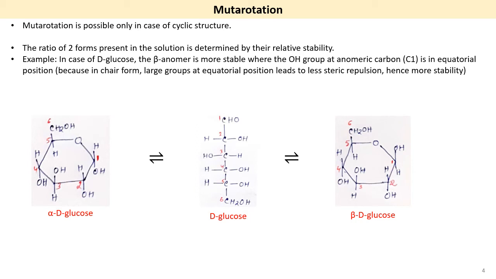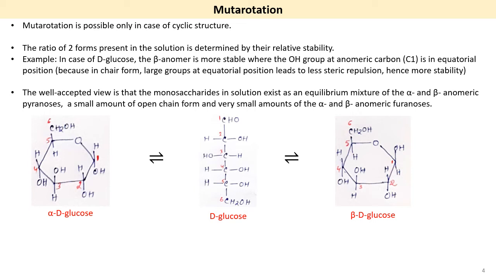So it can also happen that if you form a solution of beta-D-glucose, which will have a certain value of specific rotation, it will convert to the open chain form, and it will again convert to the alpha-D-glucose. So there will be a certain ratio of the two forms. Both forms will be present, but at a particular ratio, which will be different for different monosaccharides. The ratio for the alpha and beta form in case of glucose will be different from that of galactose or ribose or any other monosaccharide, so to speak.